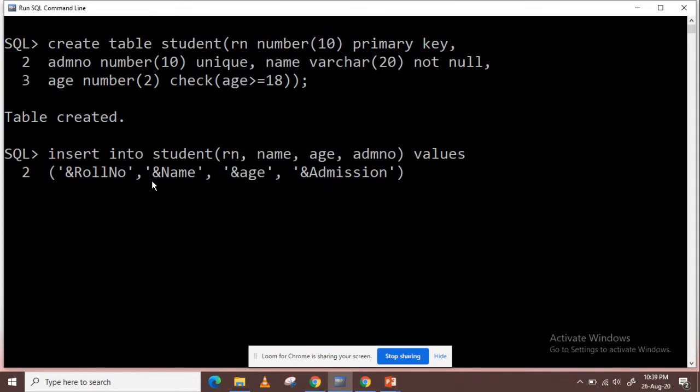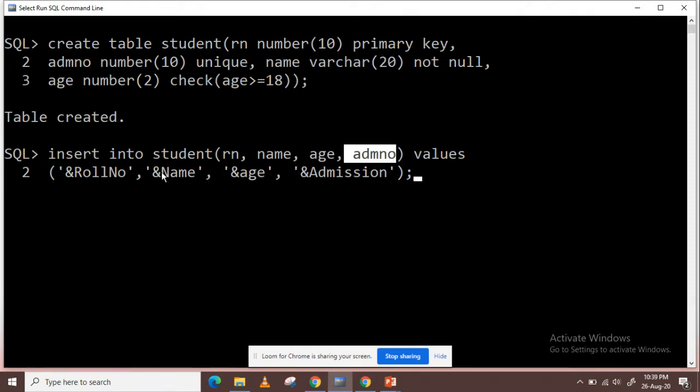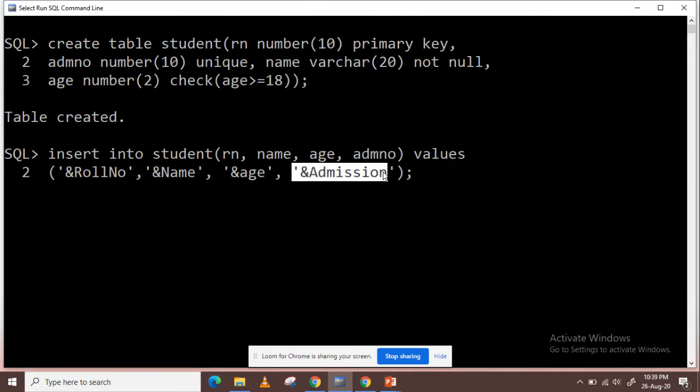So here I have renamed two columns, roll number as RN with roll number, and admission number with admission. We have also changed the sequence of values here. Firstly the entered value will be roll number, next will be name, next will be age, and next will be admission number. This is just the reordering of values, but the actual inserted record will be in the same order as defined in the table.